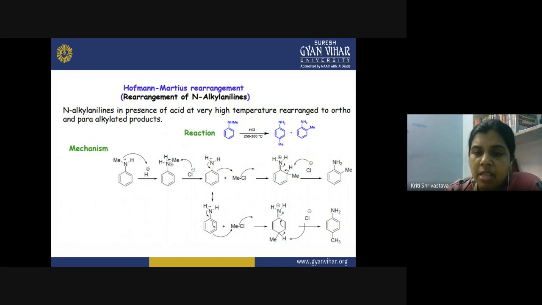Now, once the MeCl is formed, you know that chlorine is very electronegative, and it will withdraw the electron towards itself again. Also, we know that the amine, the NH2 group, is ortho and para directing. Whenever it is attached on the benzene ring, it directs the incoming substituent towards the ortho and para positions, because at those positions the electron density would be higher. So the incoming Me will go either to the ortho position or to the para position. Finally, after the resonance, one of the protons is removed again, and as a result, we get an equal mixture of ortho and para products.